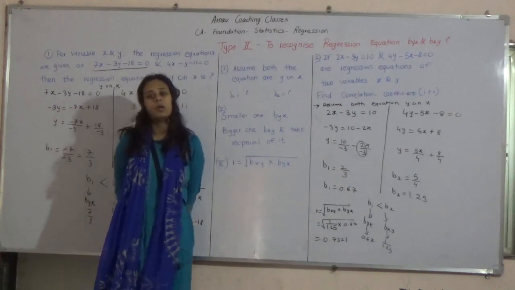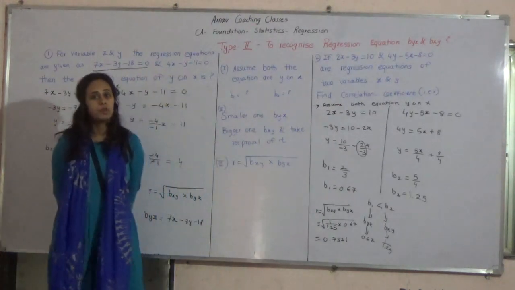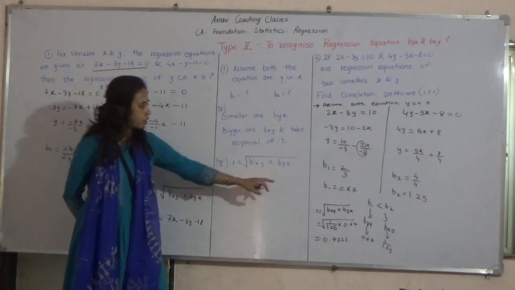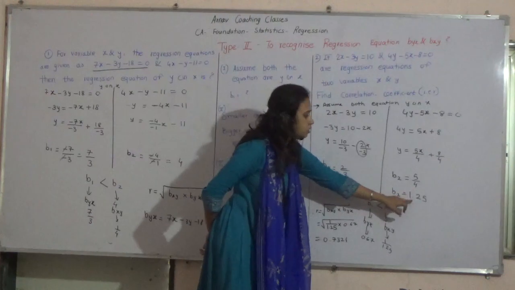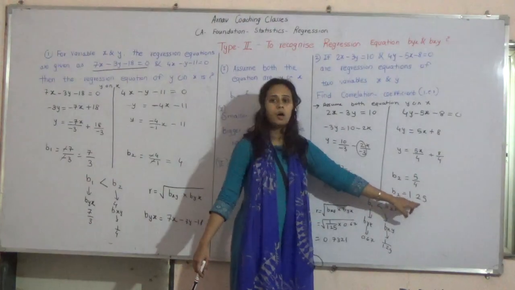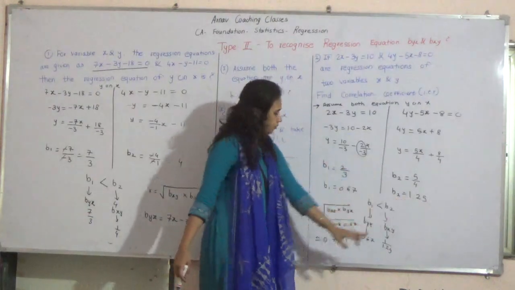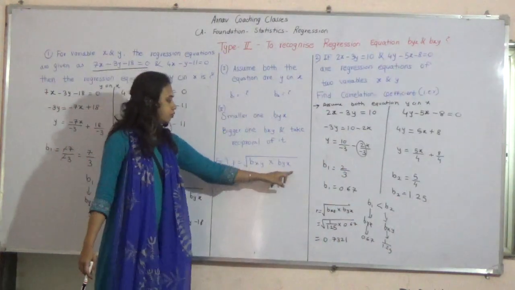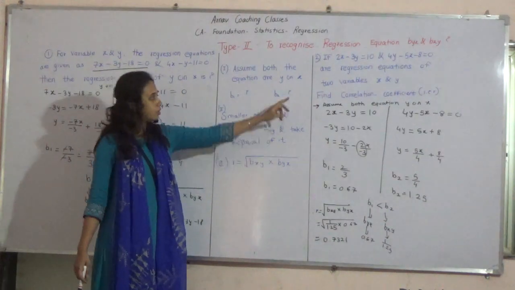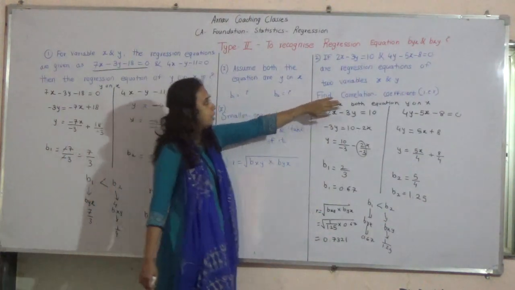And don't write x on y as it is, because for x on y values we have to take a reciprocal, whatever it comes. For example, here it comes 1.25, so we have taken the reciprocal 1 upon 1.25. We have used this formula, we have just put the numbers in it. If they ask you r, maybe they will ask you